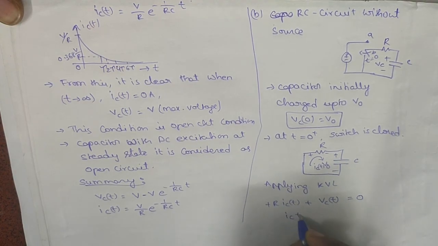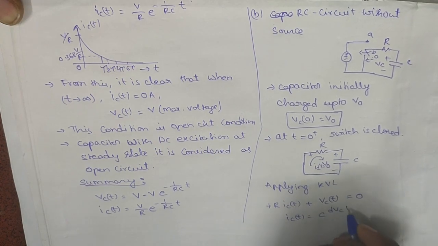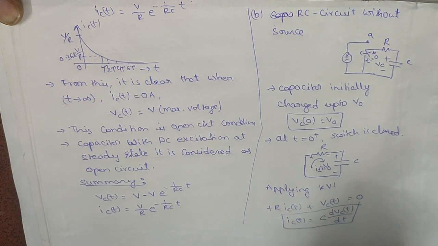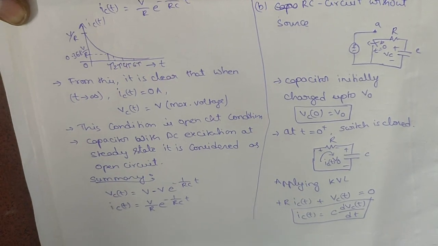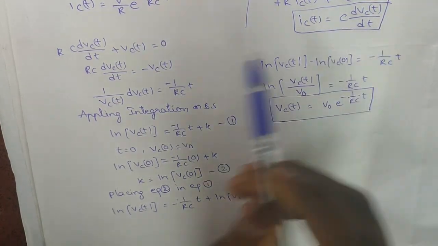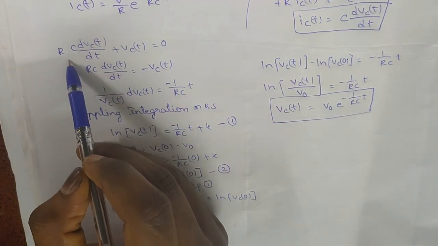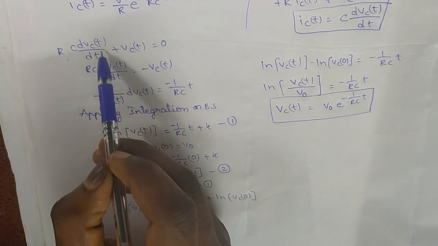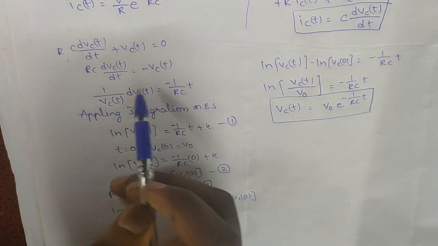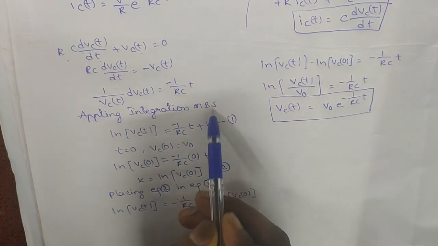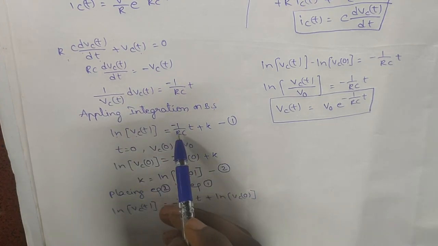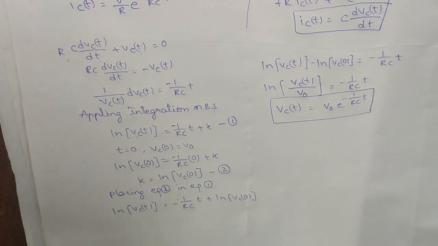We know Ic of t is equal to C dVc(t) by dt. We will be placing this, separating it and integrating it. So placing in our equation, R times C dVc by dt plus Vc of t is equal to 0, and we interchange it and apply integration on both sides. After applying the integration, we got ln of Vc of t is equal to minus 1 by RC t